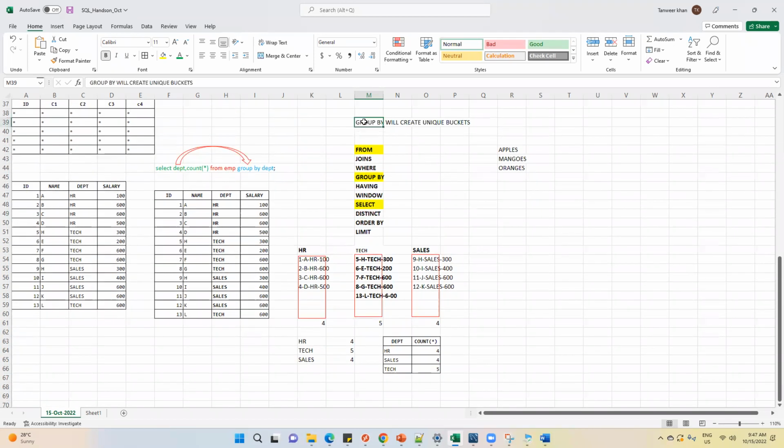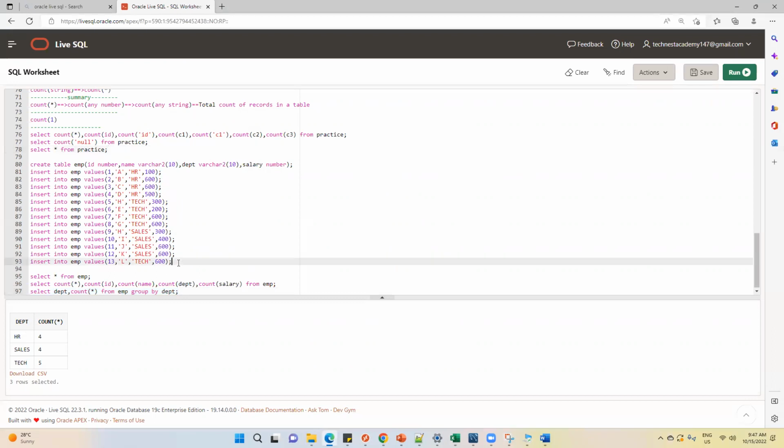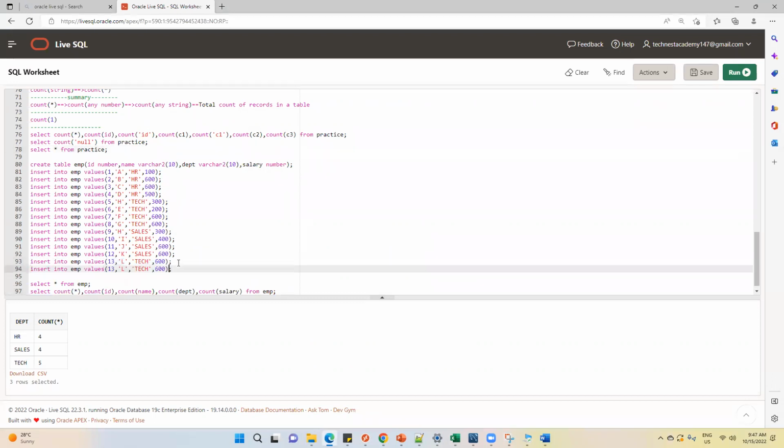Now, what does group by do? It creates unique buckets based on the key value, based on the department here. If I have null here, right? If I have null, let me add that data actually, and that will be more clear. This is a good question actually. Suppose I'm writing here 14 PM,